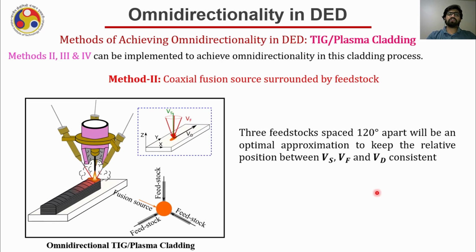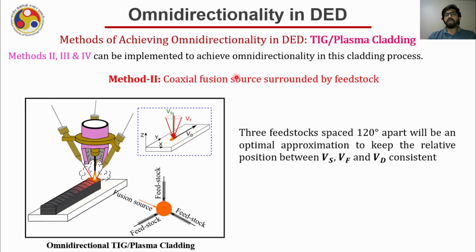So methods 2, 3 and 4 can be implemented for TIG or plasma based DED. So let us discuss the DED system which utilizes TIG or plasma cladding. Let us try to implement method 2. Method 2 says that in this case, the coaxial should be the fusion source and it should be surrounded by the